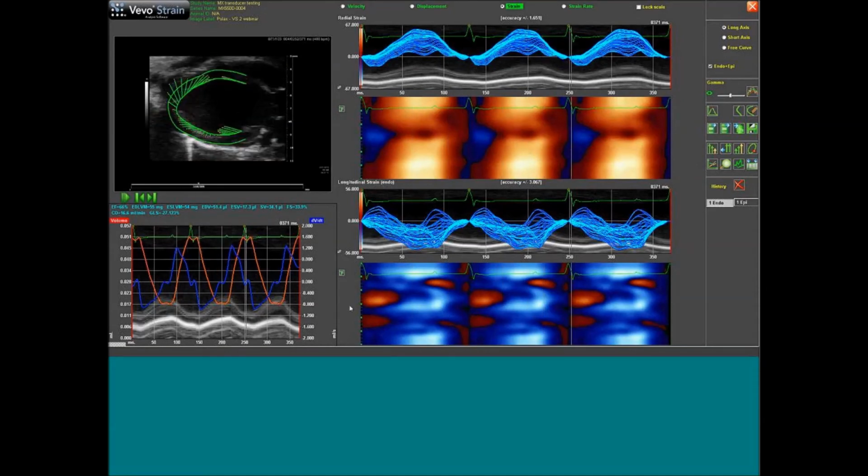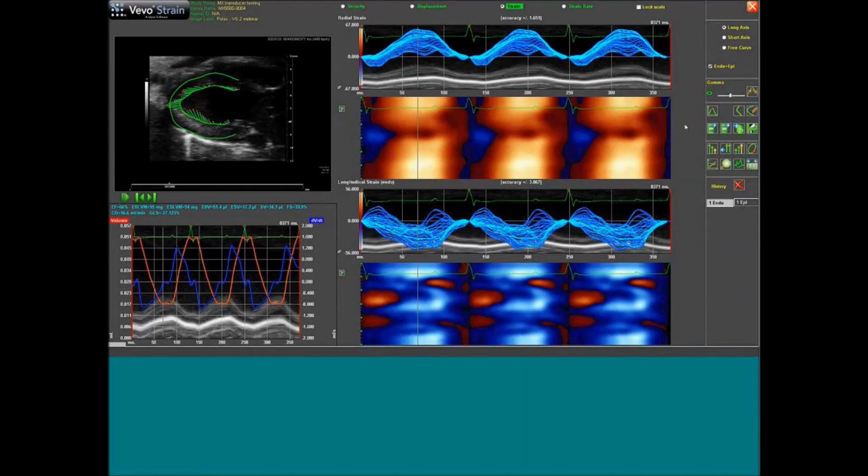Now, if we had done a short axis tracing, and you'll see it when we do one, this will be circumferential. So you'll always have radial up here, provided that you do an endocardial and epicardial tracing. If you unchecked the checkbox here in the tracing screen where it was checked endo plus epi, you'll only get the endocardial tracing. If you only do the endocardial tracing, you won't get a radial component here,